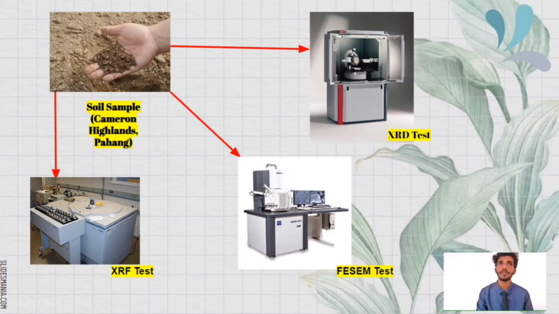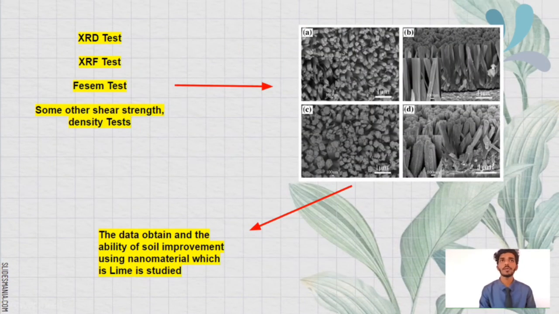Firstly, we're going to get the sample soil from the Cameron Highlands, Pahang, because we have chosen that area as the study place for our research. So we're going to get the soil sample from the Cameron Highlands, Pahang, and we're going to detect the effect of the nanomaterial, which is limestone soil, on this soil improvement through the XRD test, FESEM test and XRF test. All three tests will undergo the IR 4.0 method technology, which has been used in this study. After obtaining all the results from the XRD test, XRF test and FESEM test,